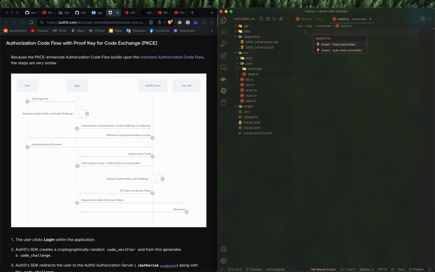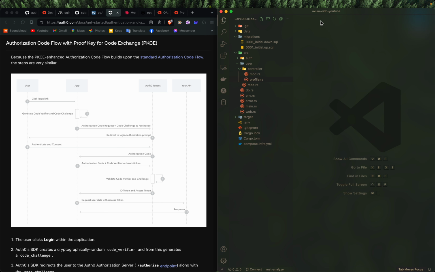So here in this controller, I'm going to add a controller called profile, in which it gets the user info from the access token that the client provides us. So I can just go for naming the file profile.rs, export it publicly, but first